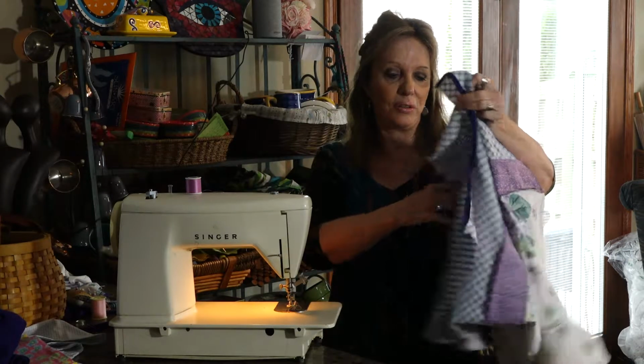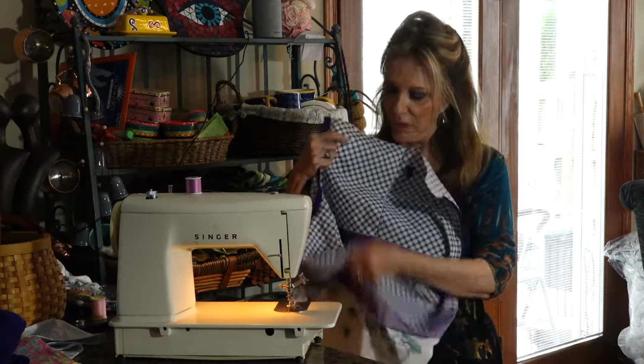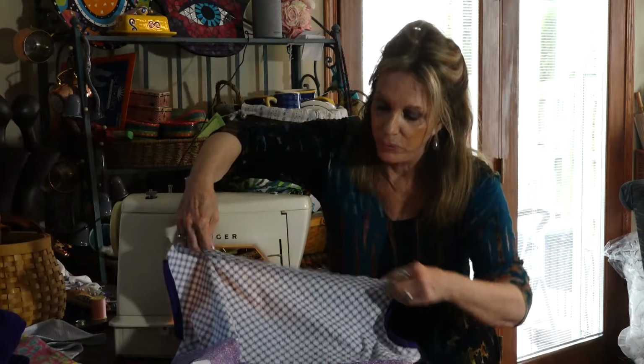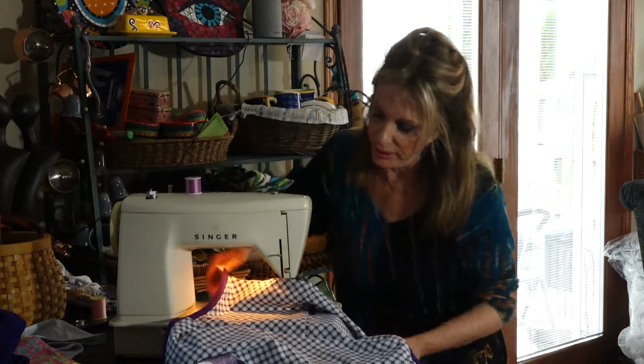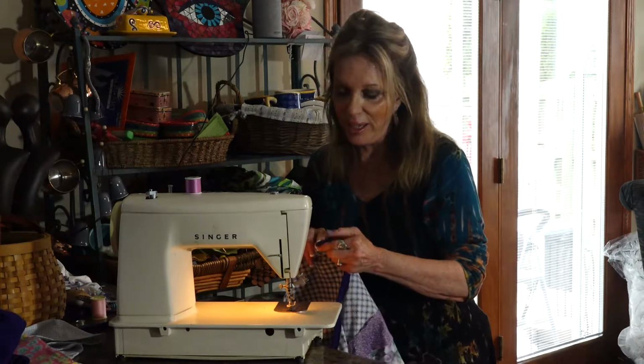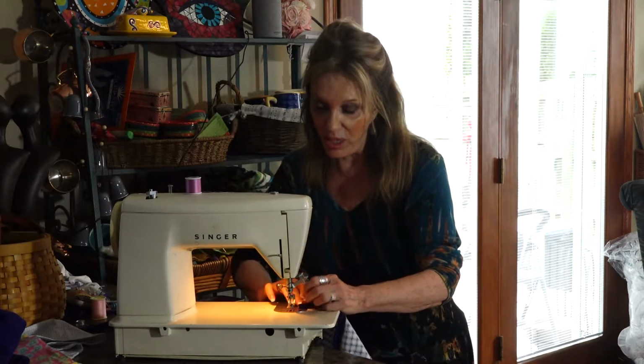Okay, so here's what we have. Now I'm going to make a casing right here and then right here. Guess what? We are almost, and again, I've sewed so many years that I do not need to,